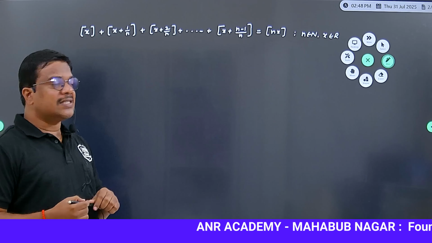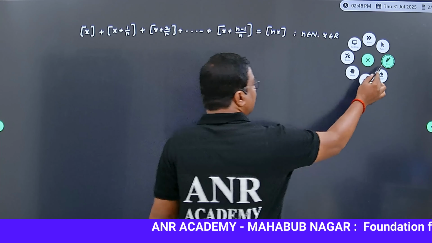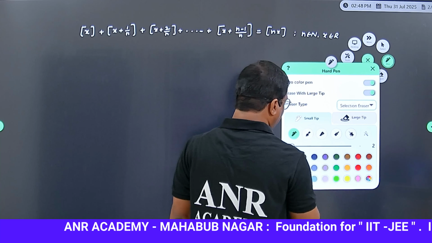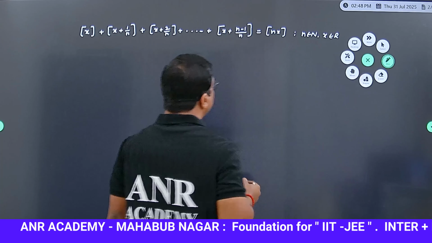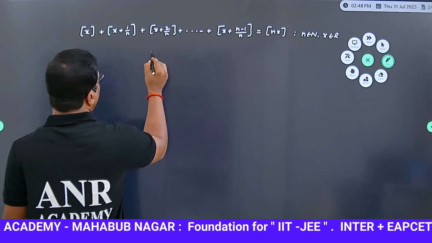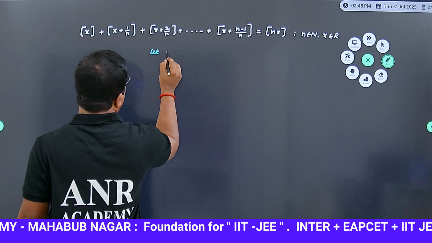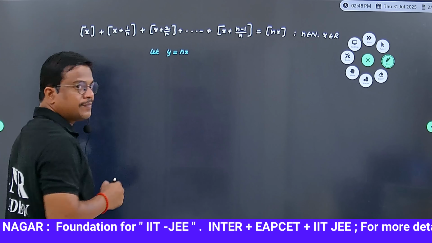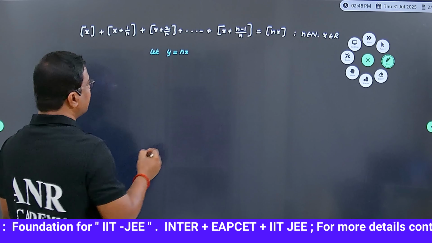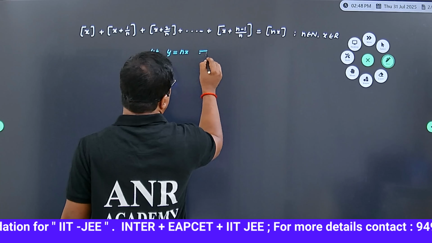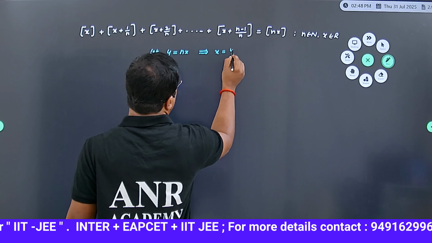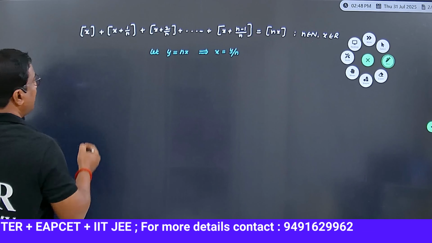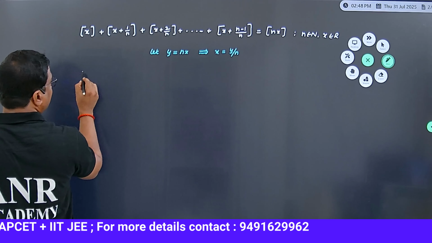To prove this result, observe what I am doing: I am going to use the substitution method. Let y equal nx. If you write y equal to nx, this implies the value of x equals y divided by n, so that the given question